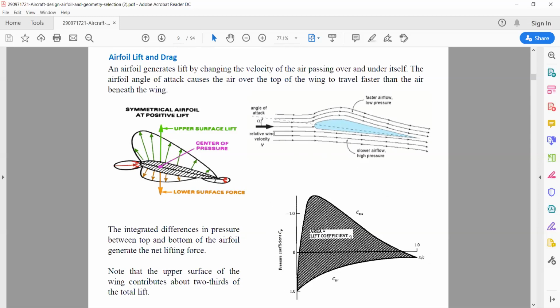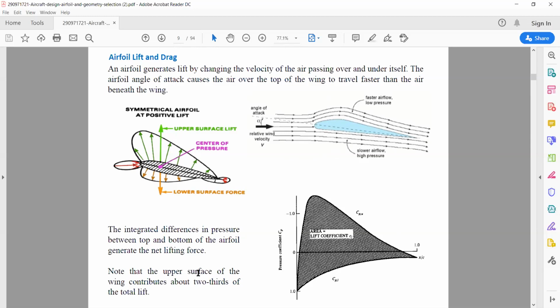When I plot the graph, you can see 1, 0 and -1. This is the area of lift coefficient in the negative. It is on the upper surface. You can see there is a negative pressure gradient on the upper surface and a positive pressure gradient on the lower surface. It means that the lower surface has a high pressure compared with the upper surface. This pressure difference between the upper and lower surface leads to the lift. This is the pressure distribution over the airfoil, how it occurs when we do the wind tunnel test.